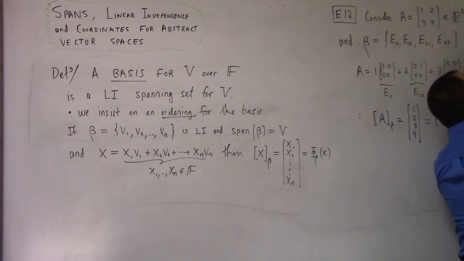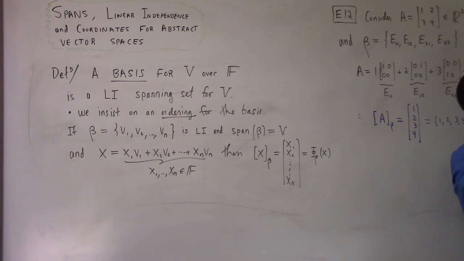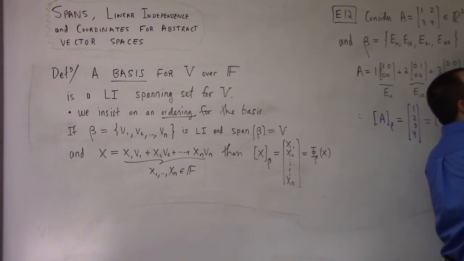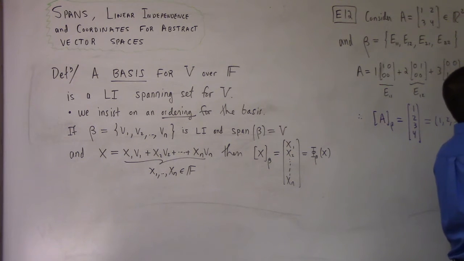Example 13. Consider f1 of x equals x squared plus 1, f2 of x equals 2x plus 3, and f3 of x equals 1. I claim that f1 of x, f2 of x, f3 of x,